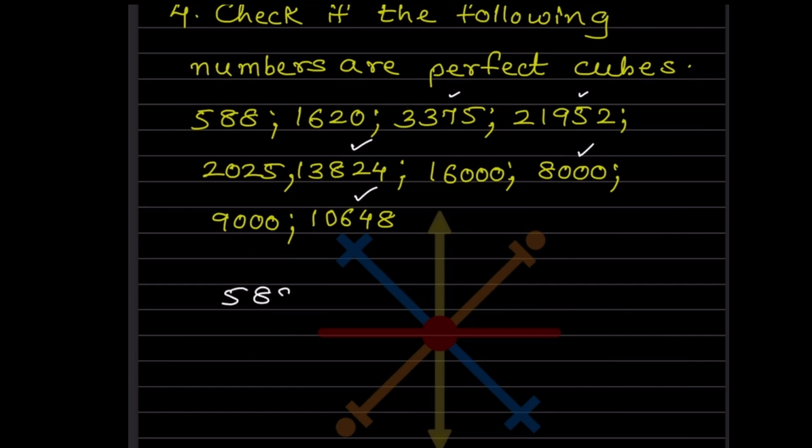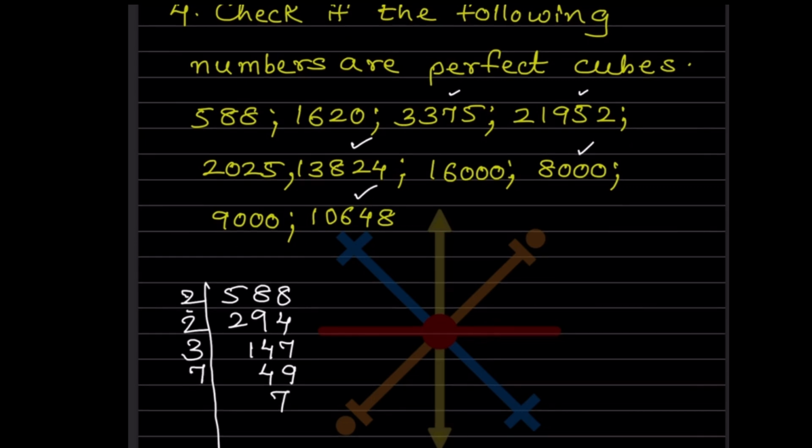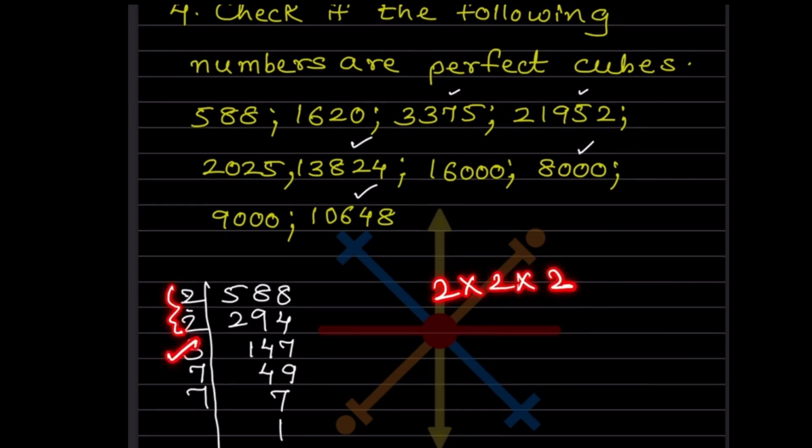This goes with 3. We'll do it here itself, so that will be better. 588. So this will be 2 2s are, 2 9s are, 2 4s are, 2 1s are, 2 4s are, 2 7s are. Then this goes with 3. 3 4s are, 3 9s are. Then this will go with 7 7s are and 7 1s are. So now what you can see here, because we want to see whether they are perfect cubes, this is just one pair, that is not in cube. Cube means it should be 2 into 2 into 2. There should be 3 numbers. Here this is 1. These are only 2. So this is definitely not a cube.